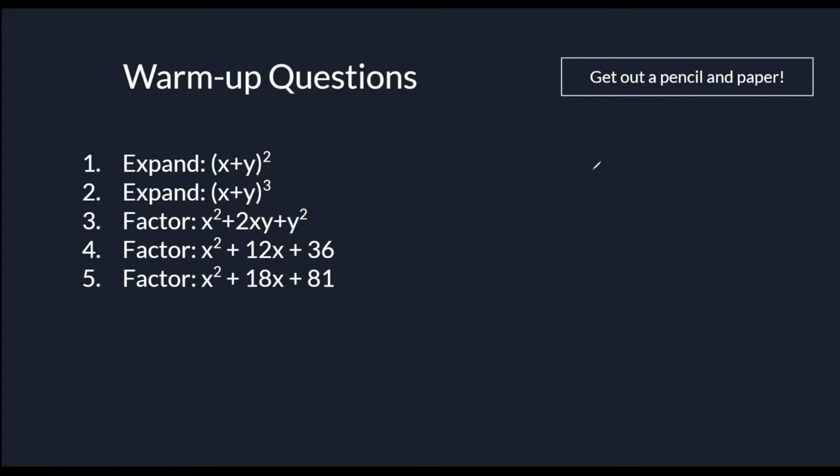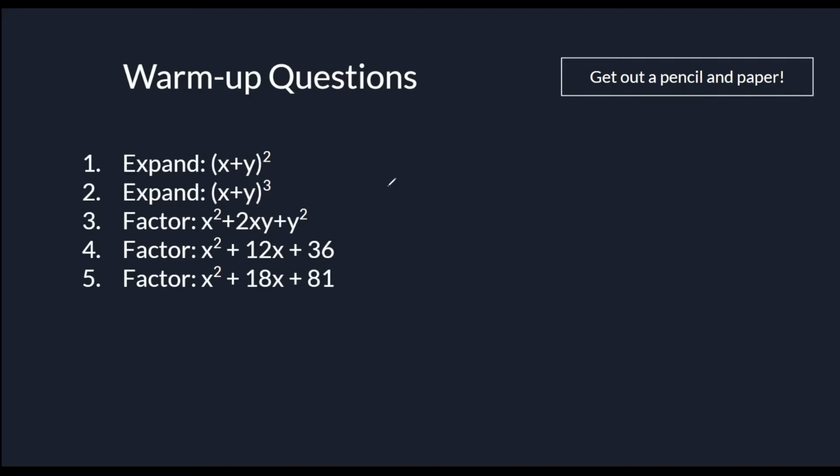Samuel, do you want to give the first one a try? (x plus y) squared. Samuel? How about you, Vincent? Number 1. (x plus y) squared equals (x plus y) times (x plus y). And then you multiply x by both numbers and y by both numbers, and you get x squared plus 2xy